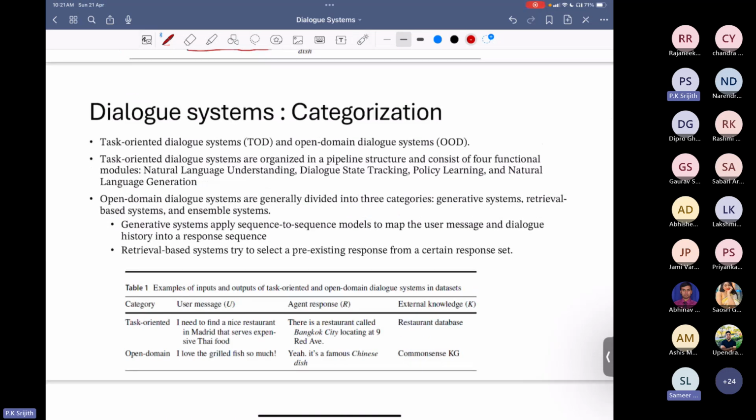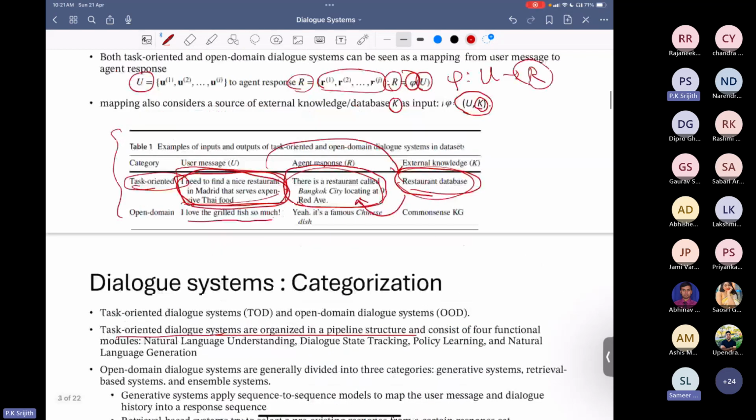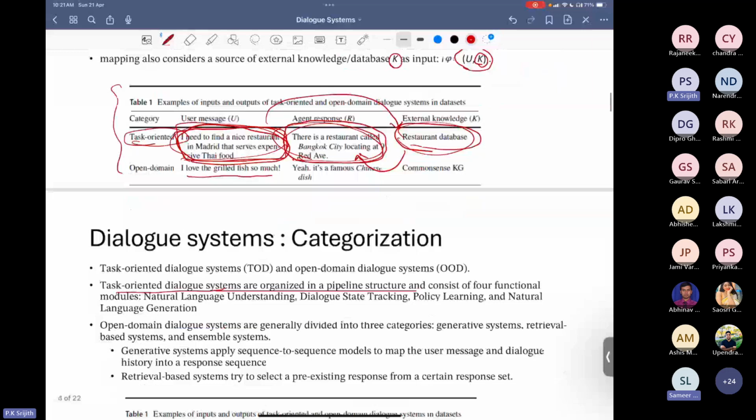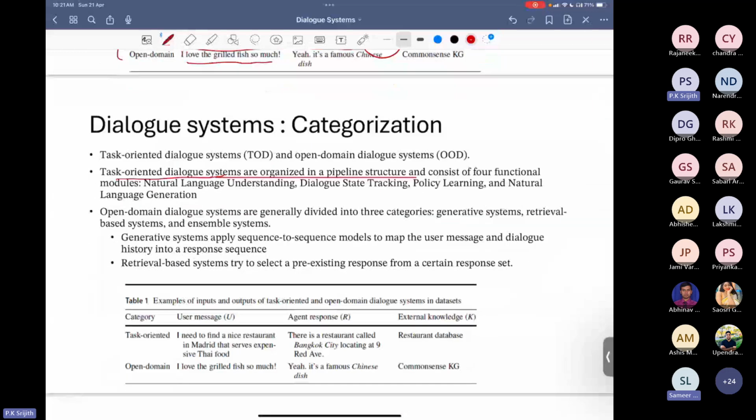Generally, it's a structure that people have been following in the last decade or so, but recently people have come out of this specific pipeline structure and they are trying to solve everything end to end using a deep learning model. Just provide this as input and generate this as output using a deep learning model, somehow trying to bring the knowledge bases also into the deep learning architecture. So there is end-to-end learning that people have been following